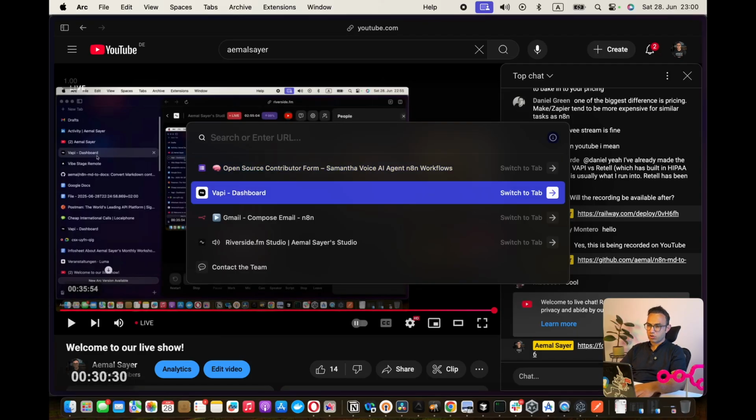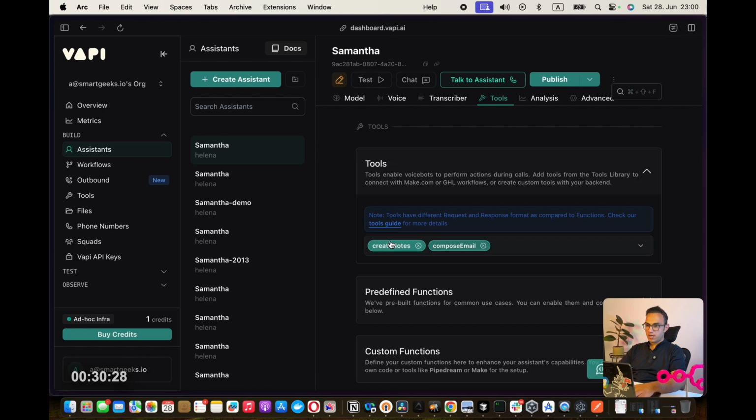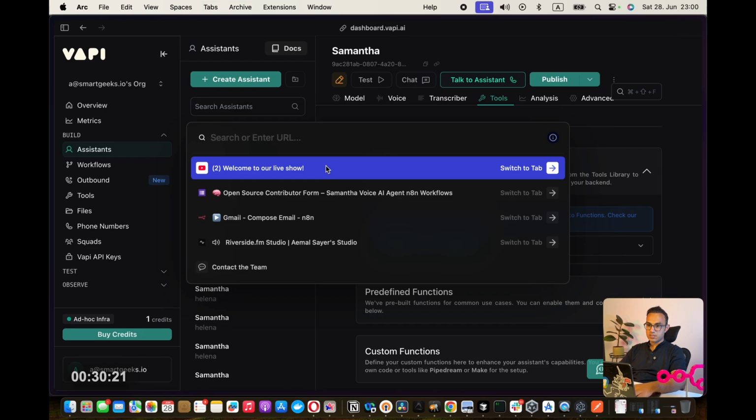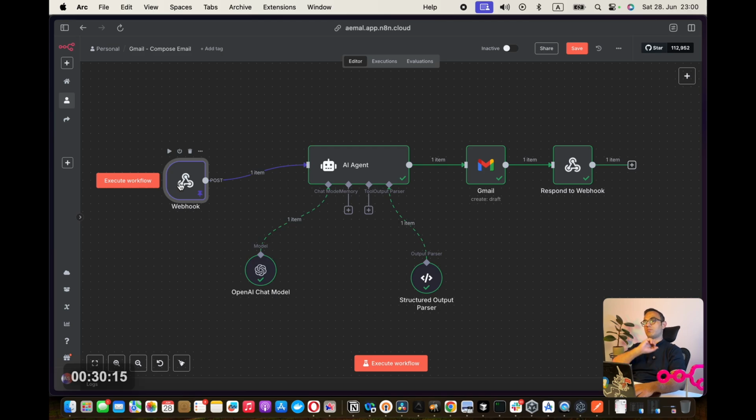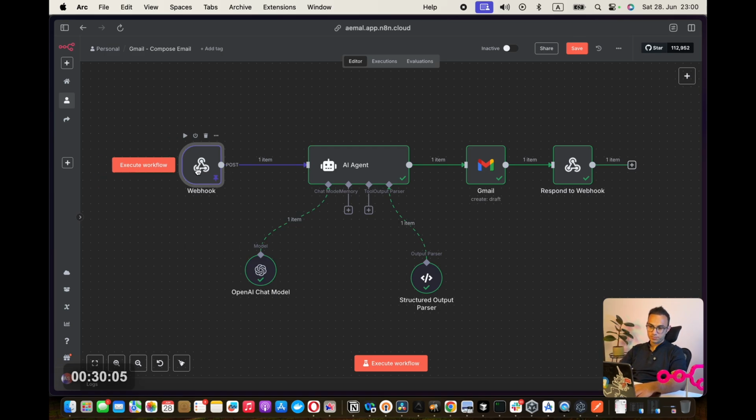You can apply to become a contributor. That means it's going to be a very close group, a group who is going to work with me directly to build these tools for Samantha. That means these tools are basically these workflows. So we'll build a lot of workflows, not educational workflows, but production grade workflows. They're going to go on an MIT license or some sort of license on GitHub so that everyone can have a Samantha in the world.